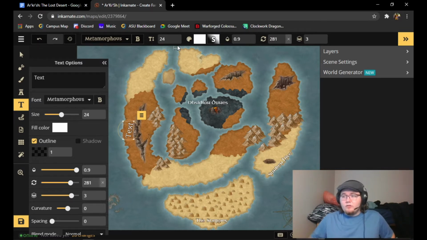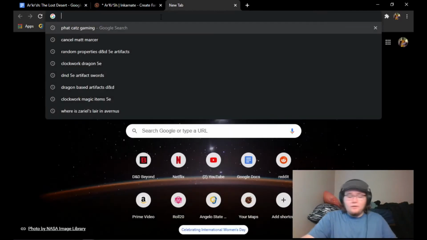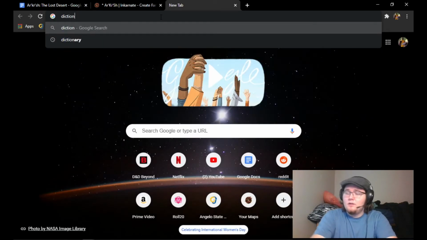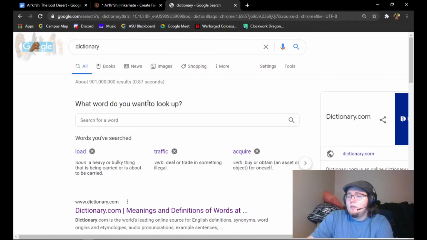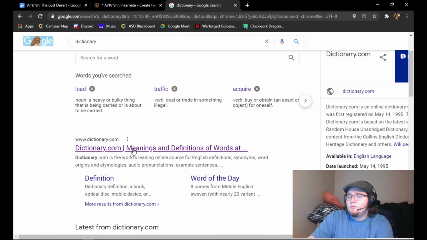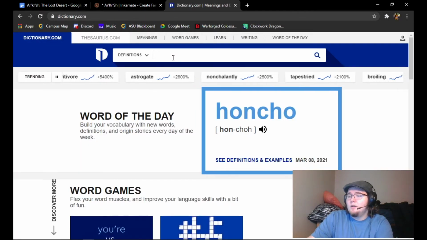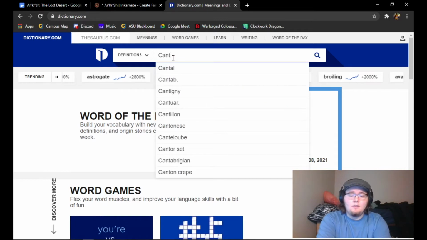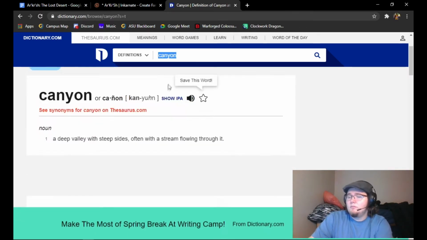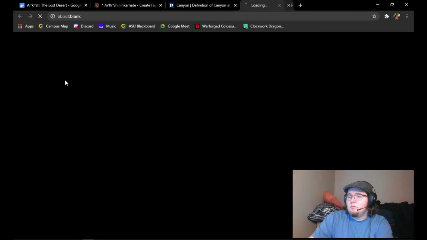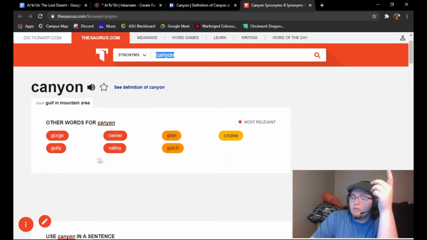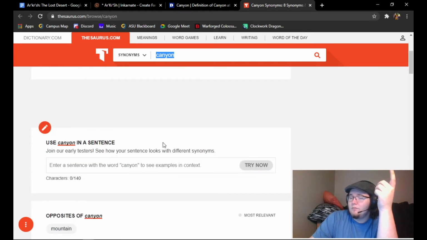So great. Well, let's pull up a dictionary to help with this. And we can go ahead and type in canyon, right? Synonyms for canyon: gorge, gully, ravine, valley, glen, gulch, coulee.